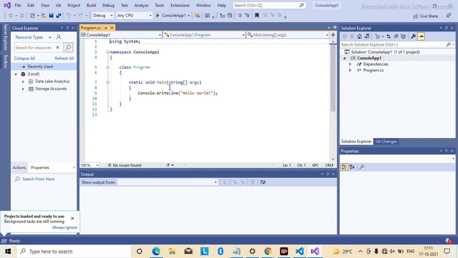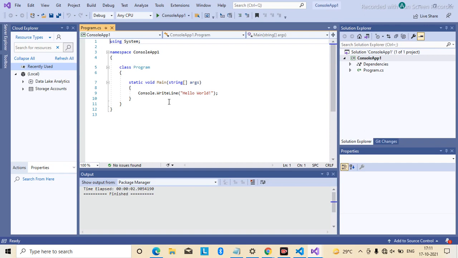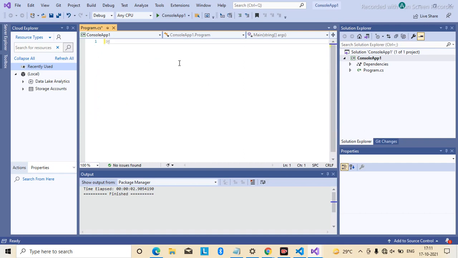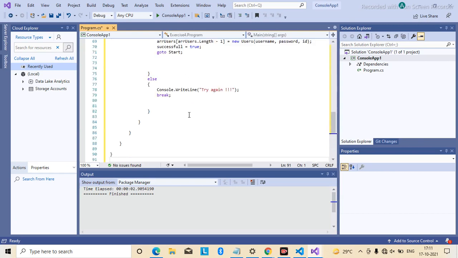Then this is the Main. I have explained to you what the Java public static void main method is. Under the main method we write the code that we have to execute. Here you can see it is written Console Application Hello World. So we will select all this and delete it, as we used to do in BlueJ.